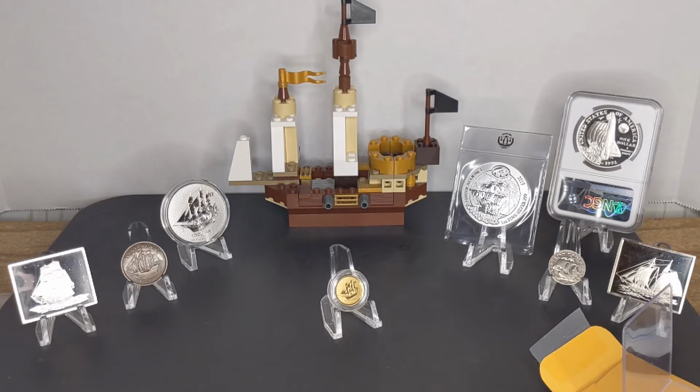Still right on par with the Gold Philharmonics and the other cheaper fractional gold. Eagles carry a little bit more premium. I think they were going for like $235 to $240. And then of course the proof from the mint was $260. So there's that. And then in addition to that, in this order,